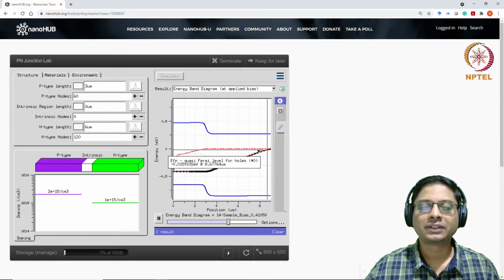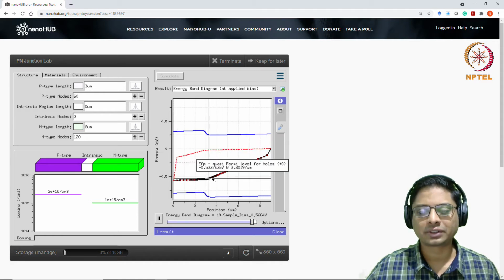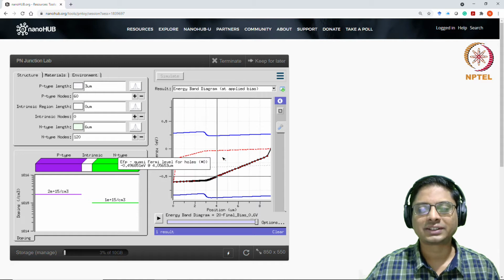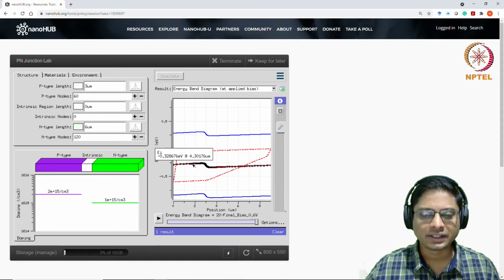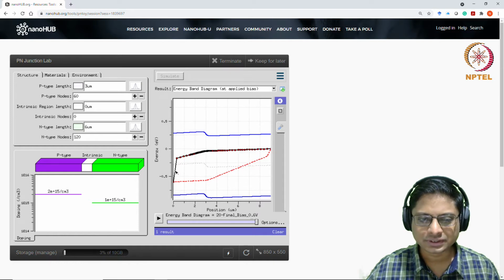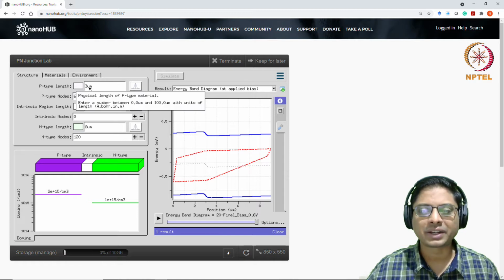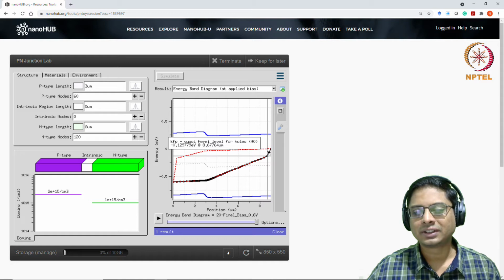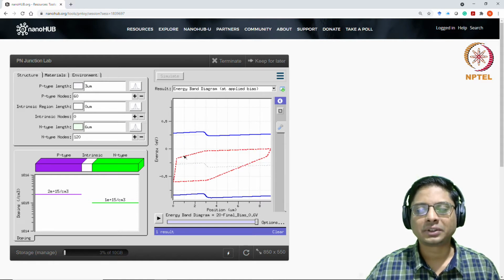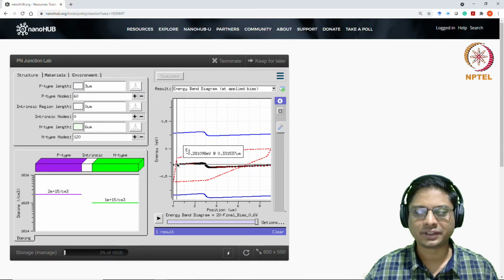This was the equilibrium Fermi level. So it will be the EFN, and this will be the EFP, the quasi-Fermi level for holes. So these are nicely separating out. You can compute actually. And here you see some discrepancy because the length of the p-type material is only 3 microns. So in the end, there is some numerical issue. Even at this other end, you see that there is a sudden jump. This is because we are using a finite number of grid points, so in the end there will be some small issue because of the way it is set up.